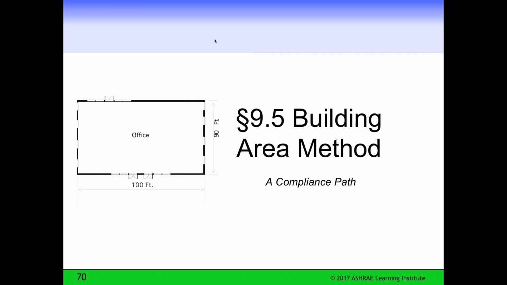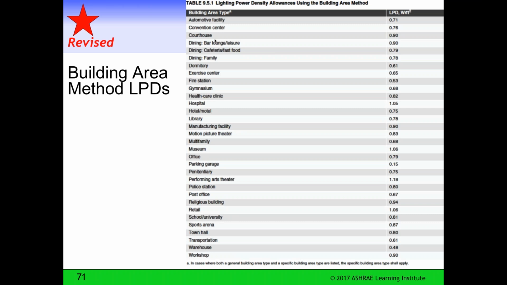Standard 90 has for a long time set limits on the amount of lighting power you can install in different spaces. What the watts per square foot or the total wattage for the space is. It's a limit on the installed capacity. And there are two ways of doing it. There's a building area method where you take the whole building or major use divisions in a building and you set a limit on that major area or the whole building without looking at the details of the different space types. The second method is the space by space method. Let's look first at the building area method.